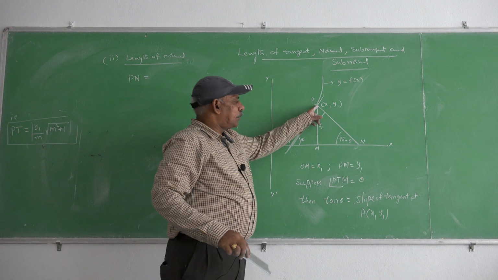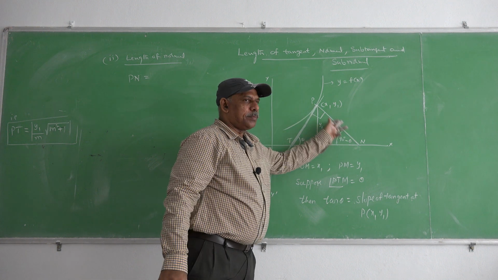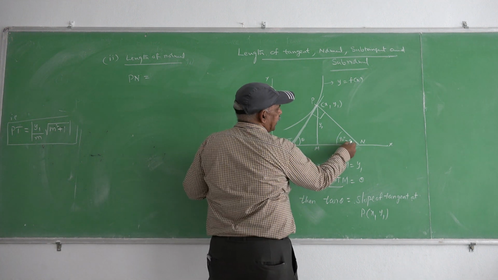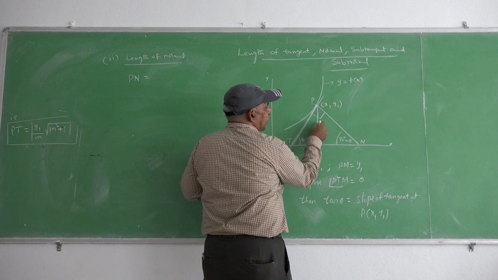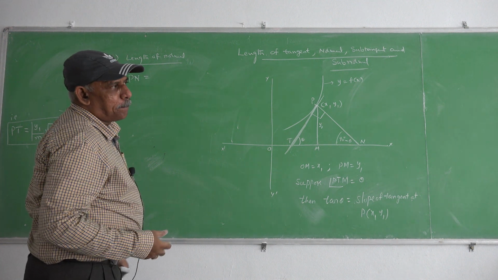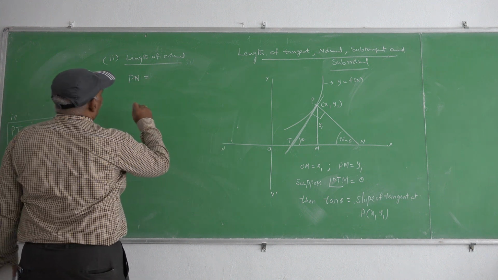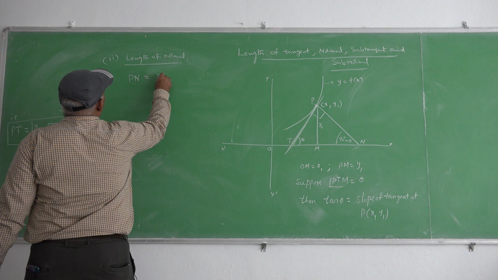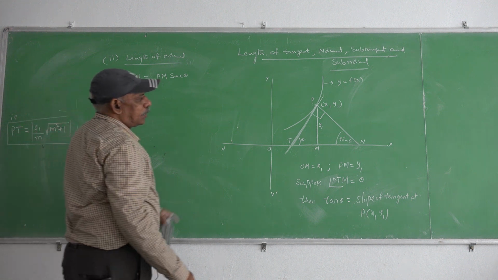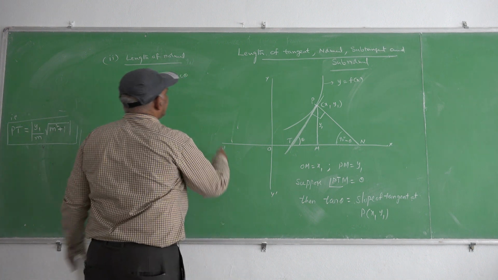This length, the length of the normal PN, is obtained from this triangle PMN. Taking sine of 90 minus theta, we get y1 by PN. So PN equals y1 by sine of 90 minus theta, which is y1 by cos theta. So that is PN equal to PM secant theta. The length of the normal PN is given by PM secant theta, since